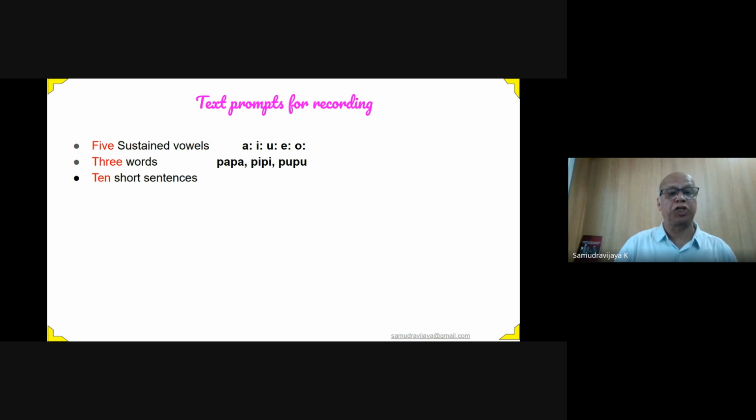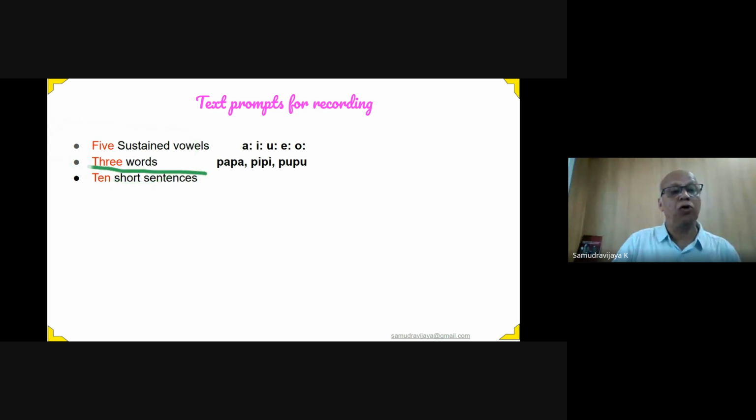Next, this is just a single vowel, single sound. Can we ask them to speak a sequence of syllables? That's words. The simplest thing is papa. There are 2 syllables, pa and pa: papa, pipi, pupu. Bisyllabic words with pa are easier to articulate also. The articulators are easier to open and close. And that's the second type of data that we want people to record.